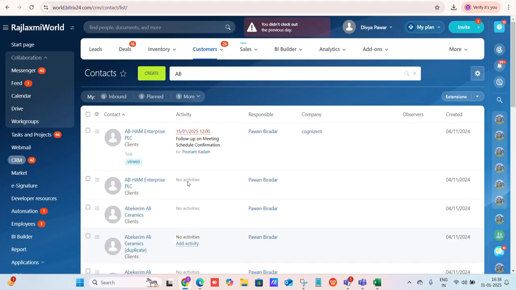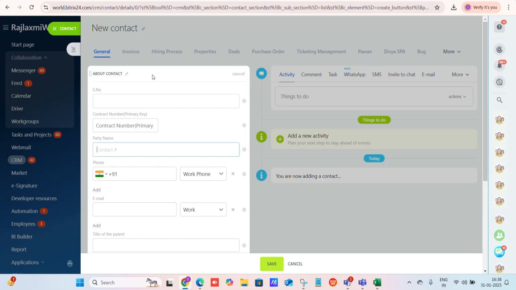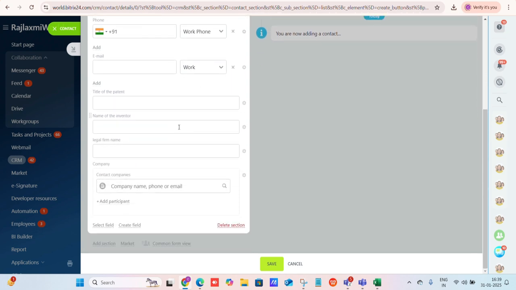For creating a contact, you just need to go to the create button. The contact form consists of several sections where you can store the detailed information about the client, and the timeline shows the connection to the other CRM elements. This form is customizable. You can add additional fields and you can design this form according to your